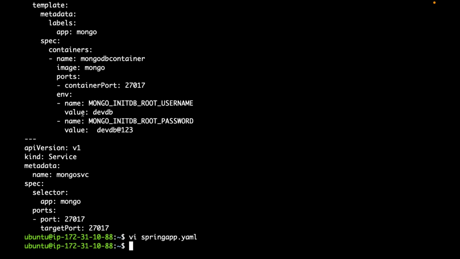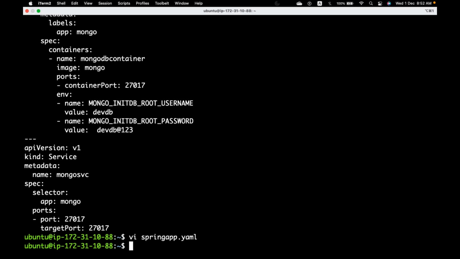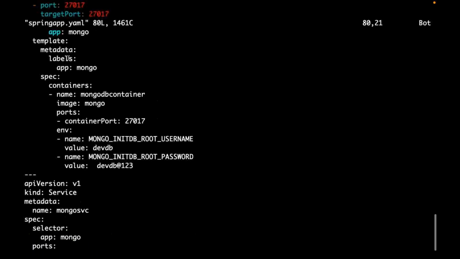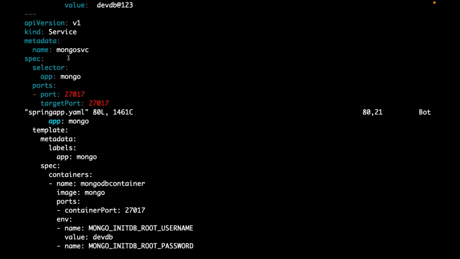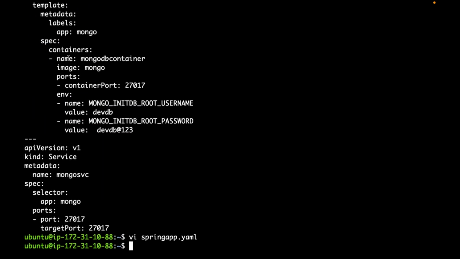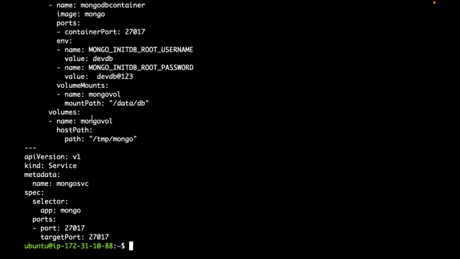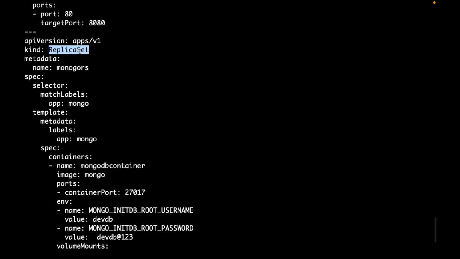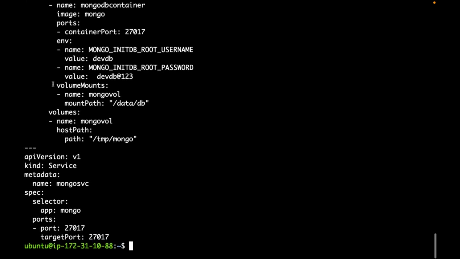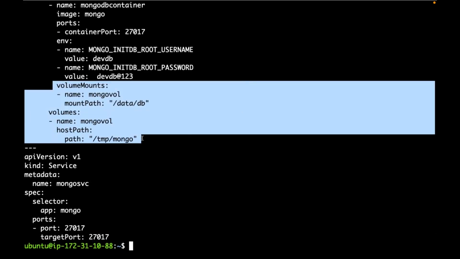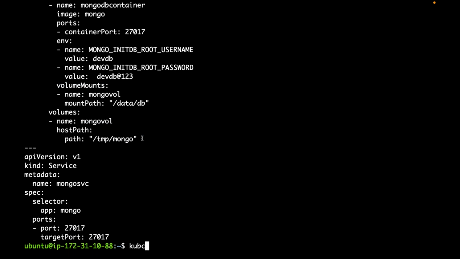If you have practiced all these things, you should have the answer for this. So the database pod is managed by what object? Replica set. Now I have updated something in a replica set. If I apply this manifest, will your database pods be recreated with these volumes? Will the pods be updated? No. So let me delete and apply.